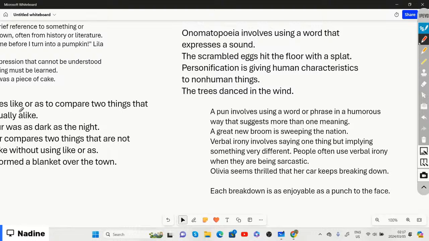For example, the scrambled eggs hit the floor with a splat. Right? Then we have